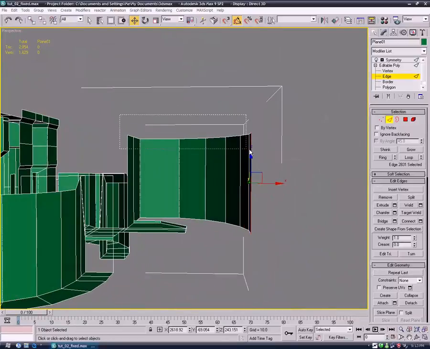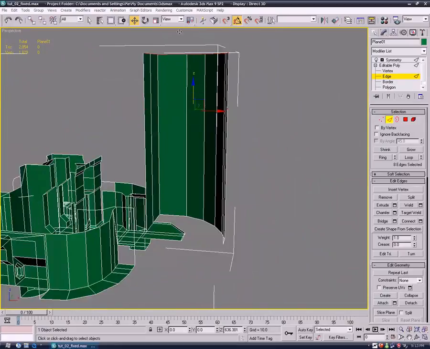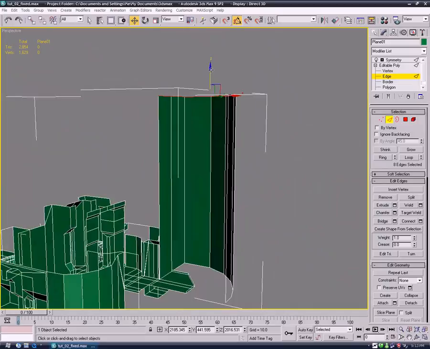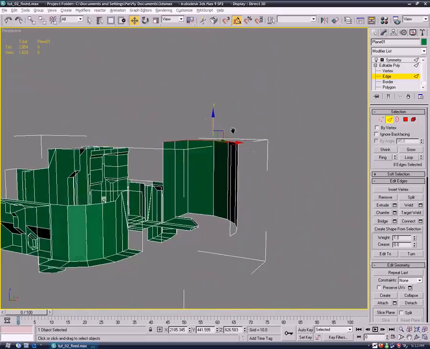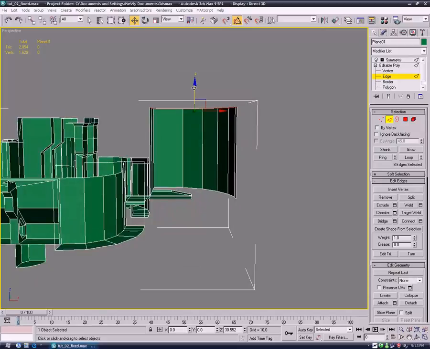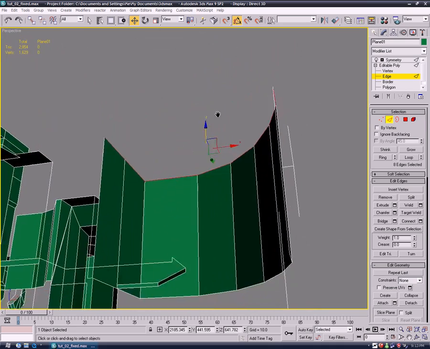Then these edges here, I want it to be a really tall room. Maybe not that tall, but pretty tall. Maybe we will